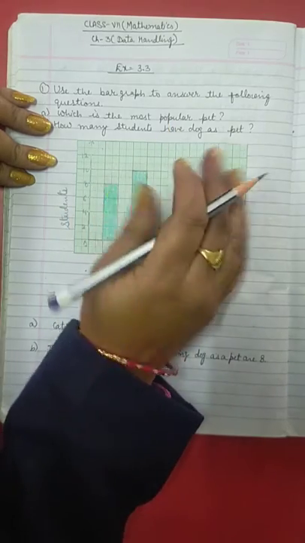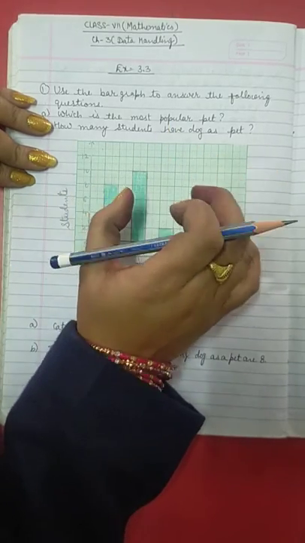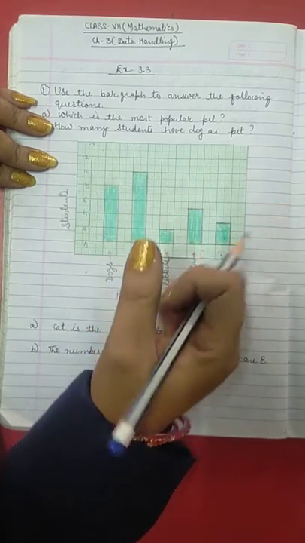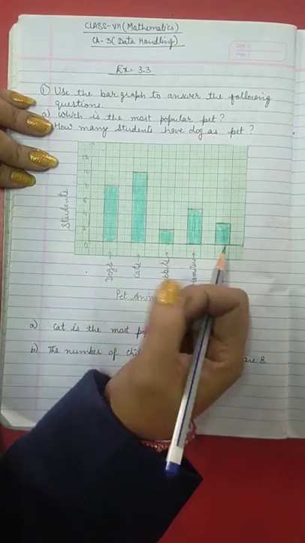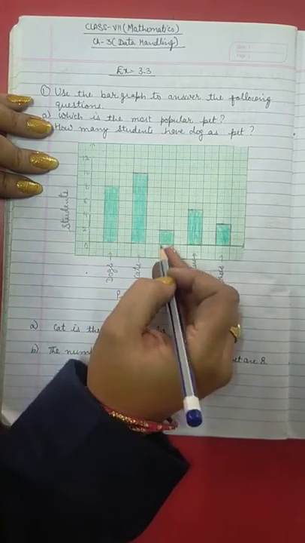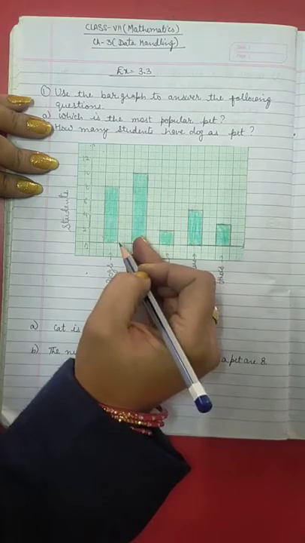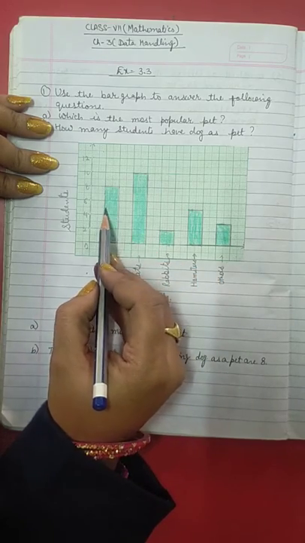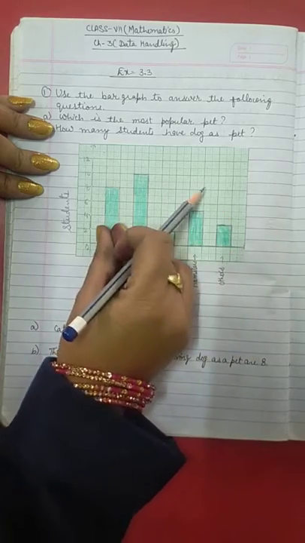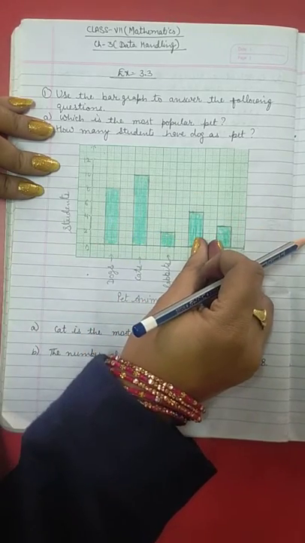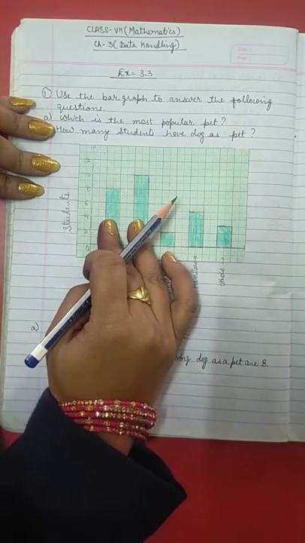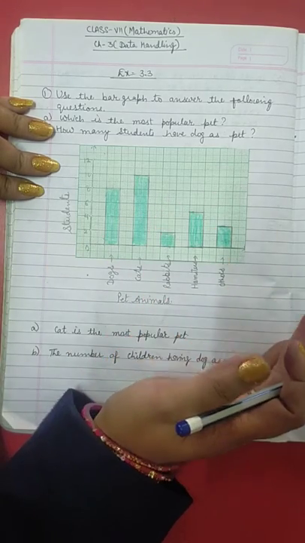So see here, in this exercise we will learn how to draw bar graphs and double bar graphs. Clear? First of all, what is a bar graph? See here, you can see this graph. In this graph, these vertical bars are known as bar graphs. As you can see, these bars are of the same width. The width of the bars is the same and the gap between the bars is also the same. And these bars are not attached to each other. They have some gap between them. So these are known as bar graphs.